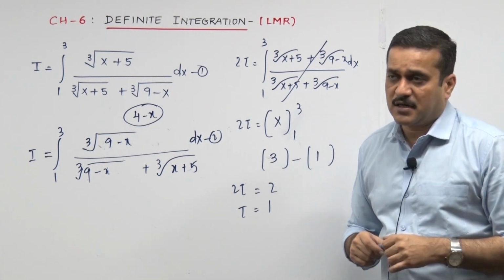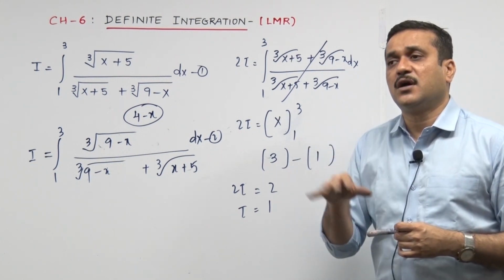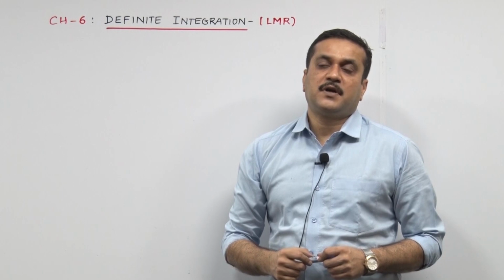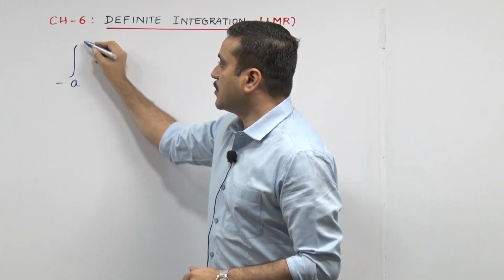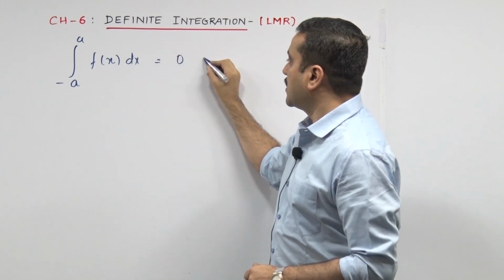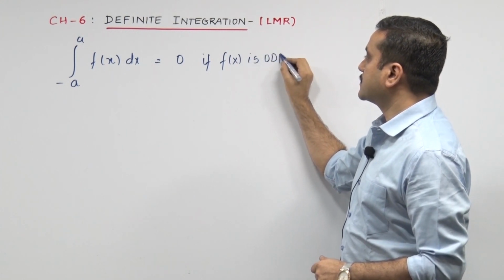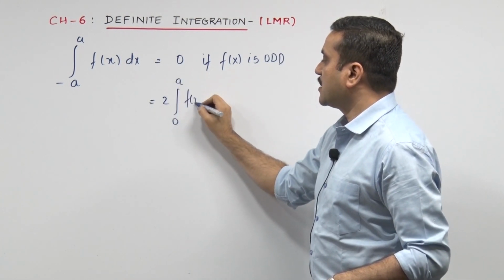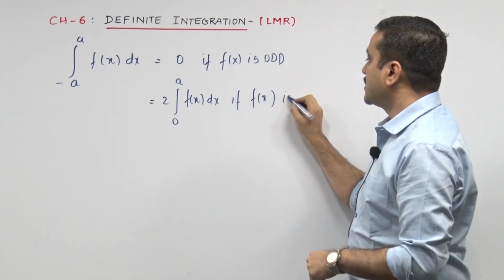It's fun out there. Without integrating, you can straight away write the answer 0, but under a few conditions being satisfied. So let's look into that property 7. Property 7, I start putting it now. Integrate minus a to a f of x dx. They say it becomes 0 if the function you are integrating is an odd function. I'll come to that. It's twice the integral from 0 to a of f of x dx if the function you are integrating, I mean to say the f of x, is an even function.